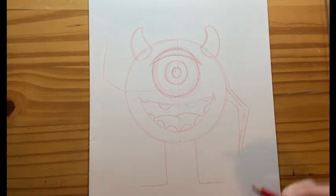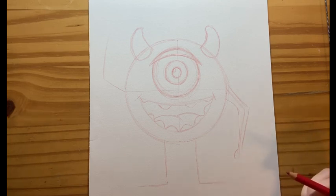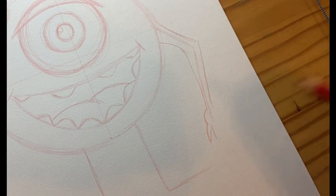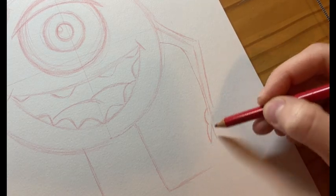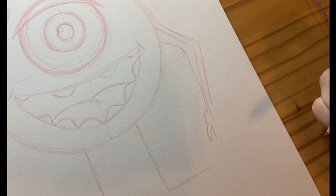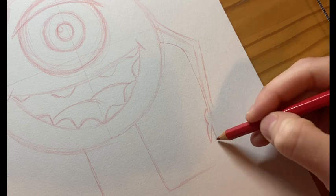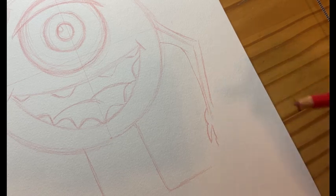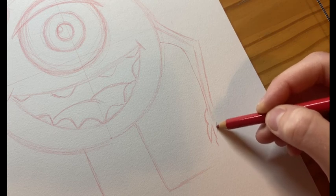Like so. One curve this way, because this is kind of where it gets tricky, because hands are never the easiest to draw. Okay, so now that we're a little closer, it's a little easier to show you. So two curves downward, one line up, that's his thumb, and then one curve down, another small curve to show that that's his pointer finger here. And then there's going to be another line that goes down like so,